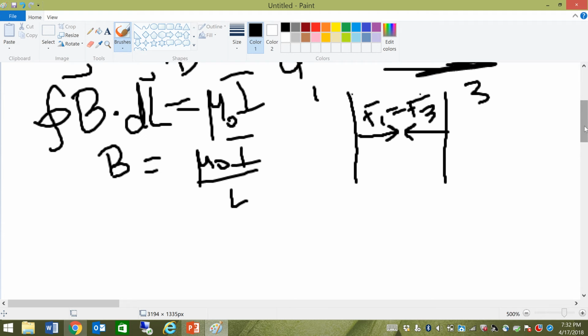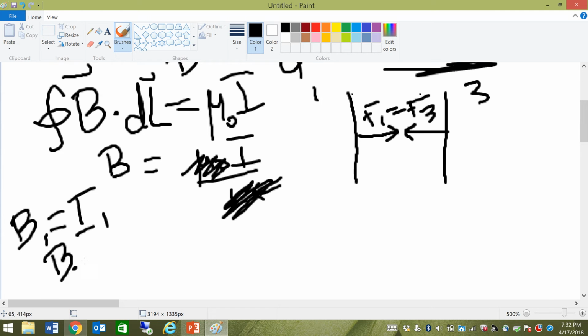And if D is equal to d refers to this L here, then we can totally ignore it because it's just a constant now. They're both the same. They both exist in both equations for B1 and for B3. And mu naught is also a constant that exists in both B1 and B3, so that can go away. The only difference now lies in the fact that B1 is proportional to I1 and B3 is proportional to I3. And so if we want these to be equal to each other, we would need the